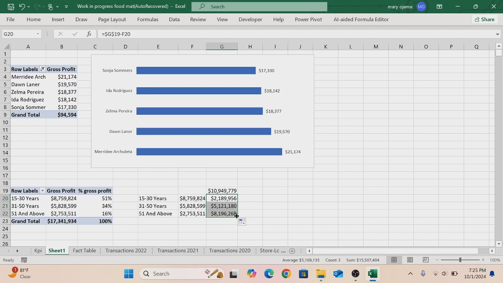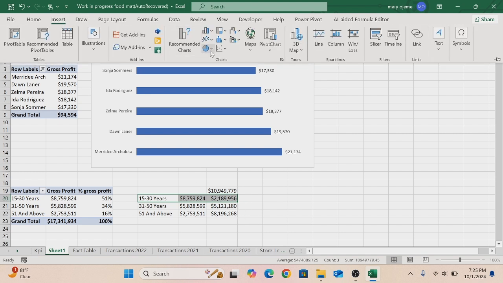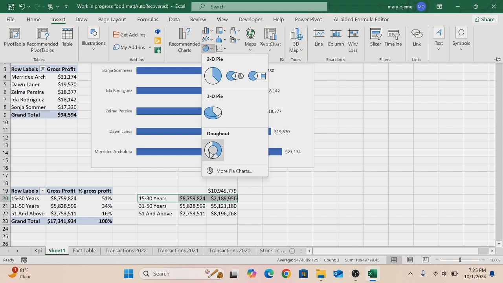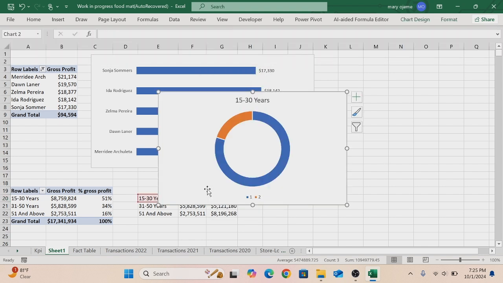And we have all our values here. To bring in the donut chart, we are going to take them individually. First, let's click on 15 to 30 years. Go to Insert. Click on this recommended chart where we have Insert Pie or Donut Chart and click on a donut chart. We have this here. Let's just